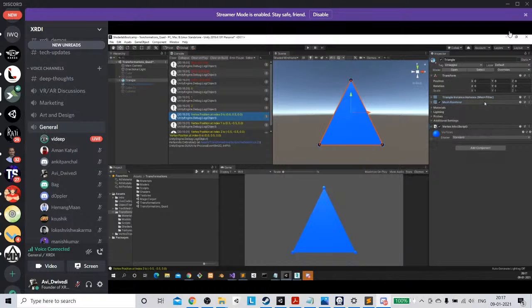But then what about this mesh renderer? Why do we need that? We need the renderer because the renderer will contain